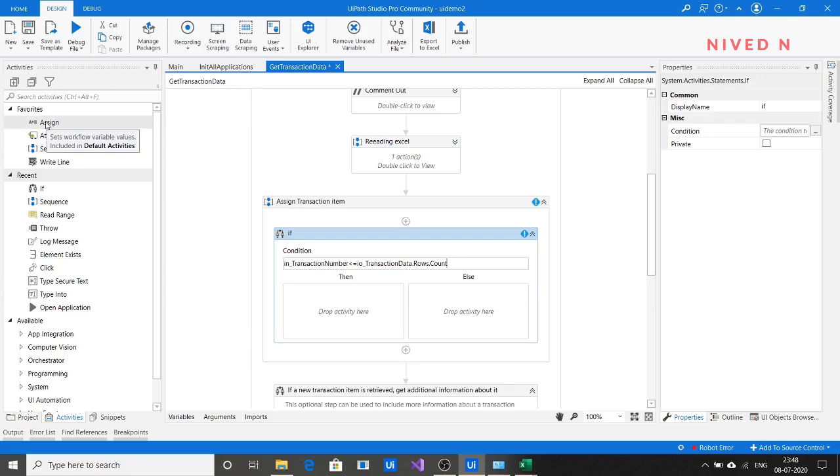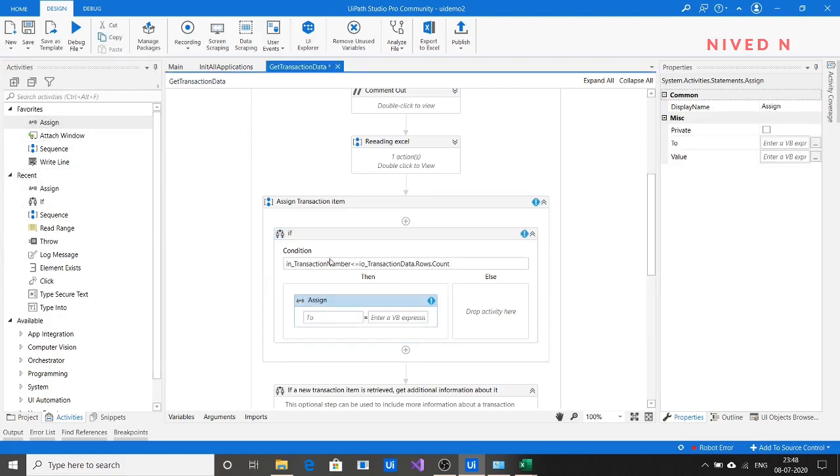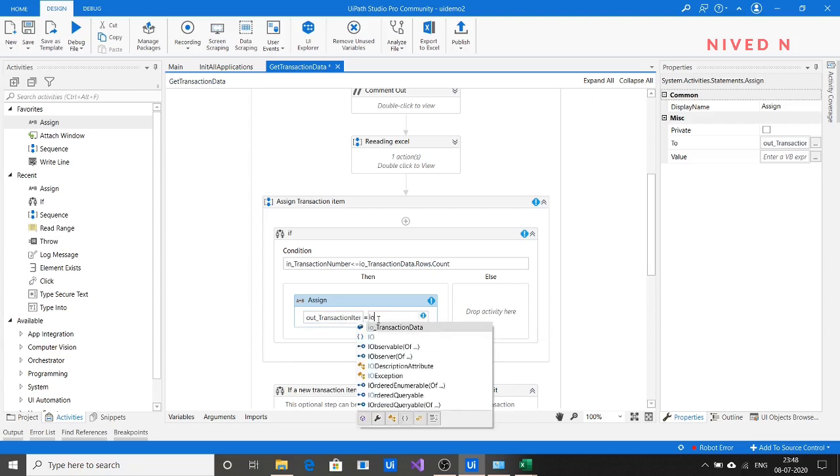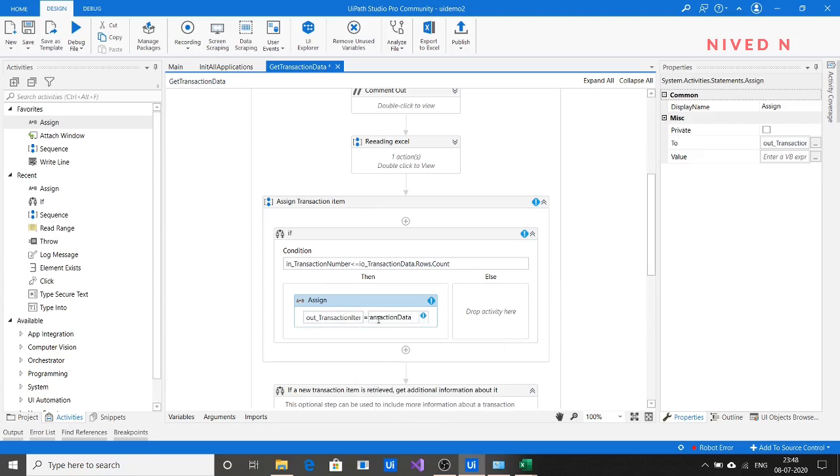If this condition is true, meaning the transaction number is within the row count of the data table, you have to assign the transaction item: out transaction item is equal to in out transaction data.